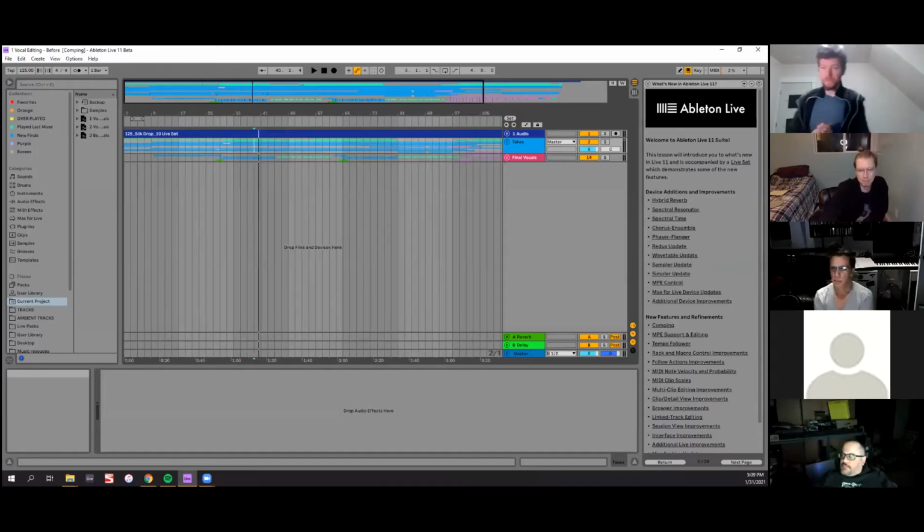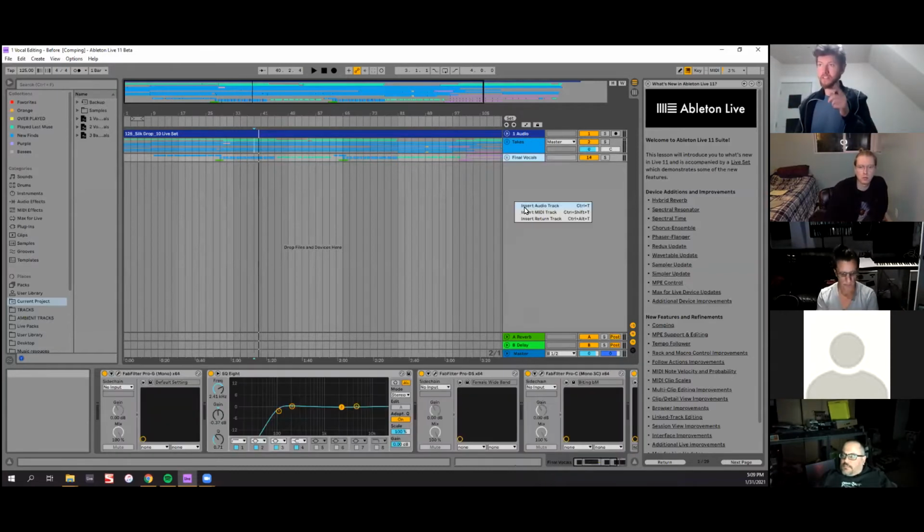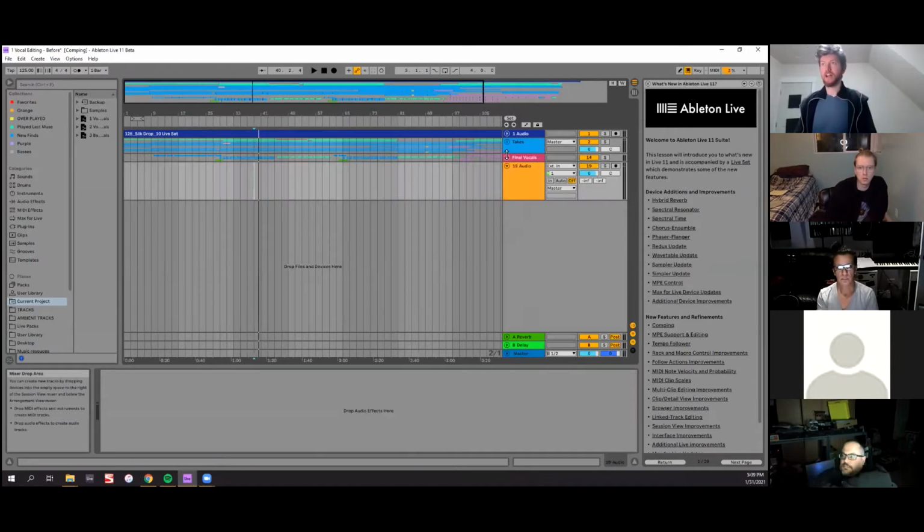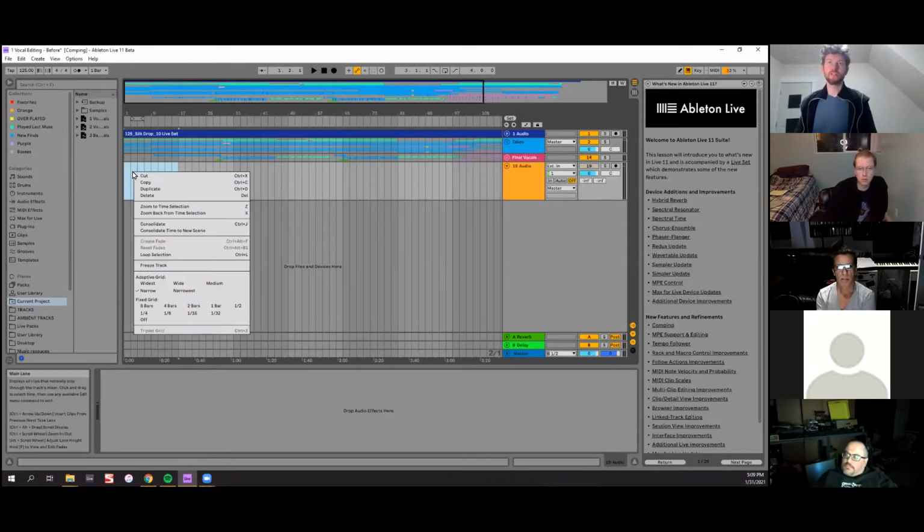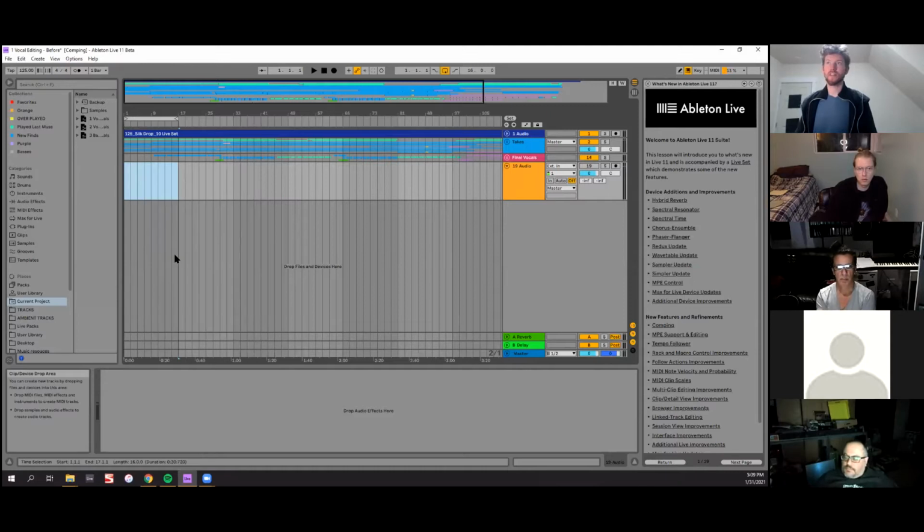So the first thing I'm going to talk about is the long-awaited number one request that Ableton has had for a really long time, and that is what they call comping. So vocal comping, or comping, is something you see in a lot of other software that's designed for recording in the studio. But basically, you insert an audio track, loop a section, right-click, loop a section, and if I set